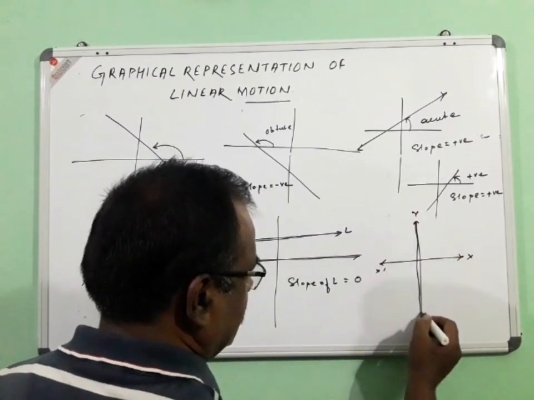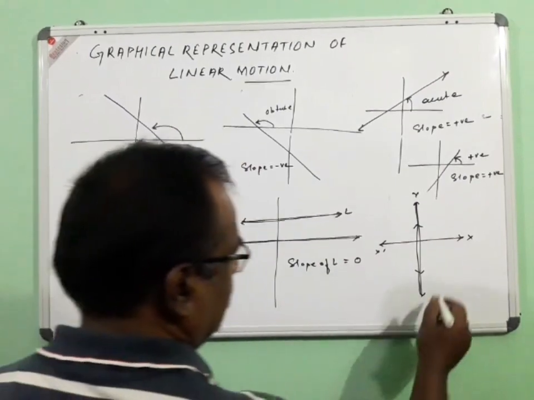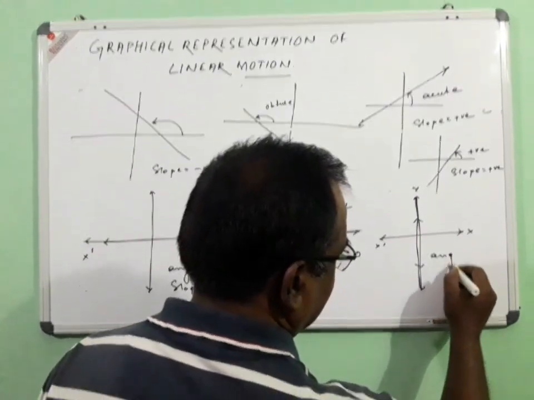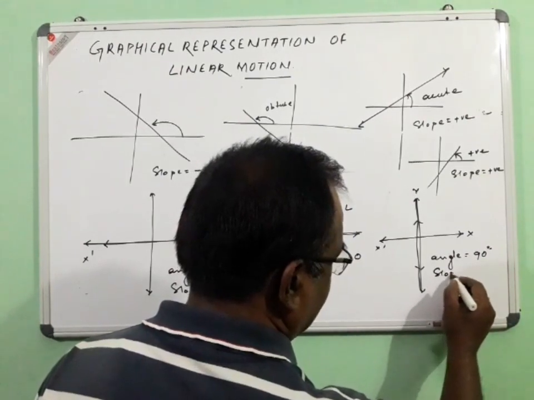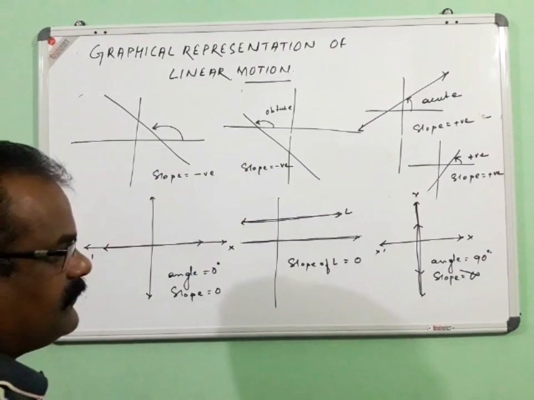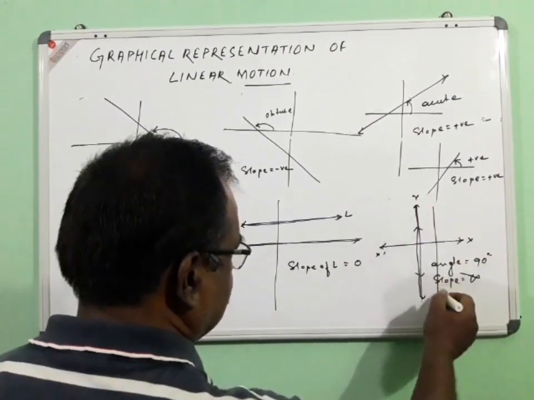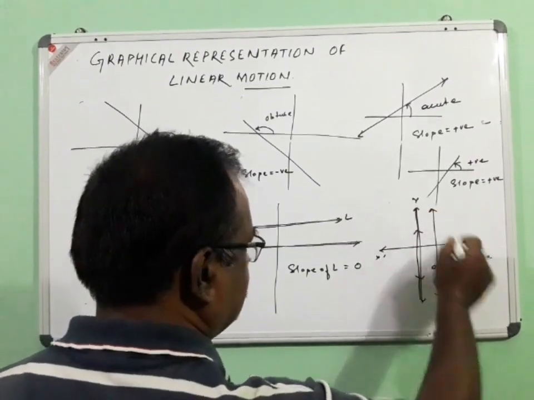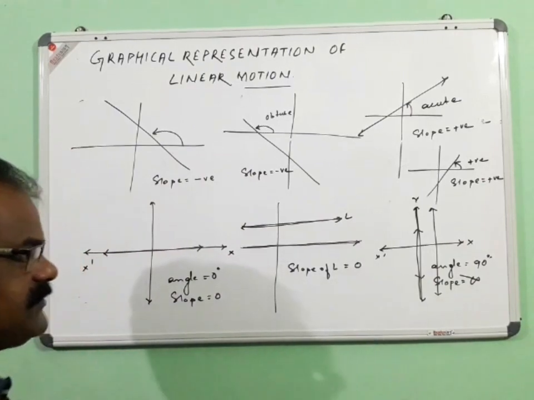Similarly, on the other side, if a line lies exactly on the y-axis, if suppose one line is lying just on the y-axis, in such cases the angle is exactly 90 degree, therefore here the slope is infinite or cannot be defined. Similarly, if any line is parallel to the y-axis or perpendicular to the x-axis, the same thing, the angle is 90 degree and therefore the slope is infinite.